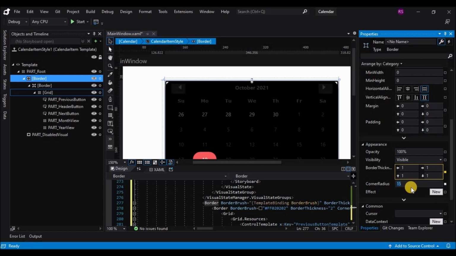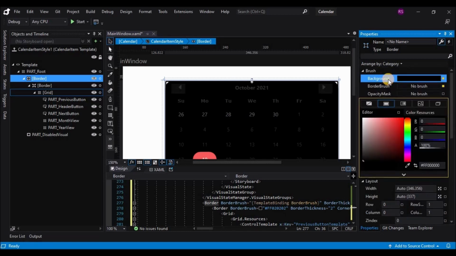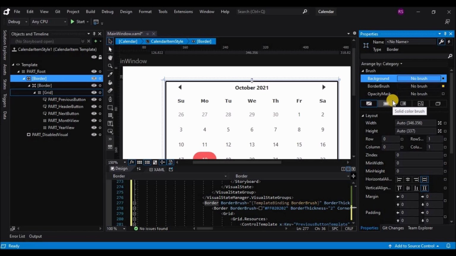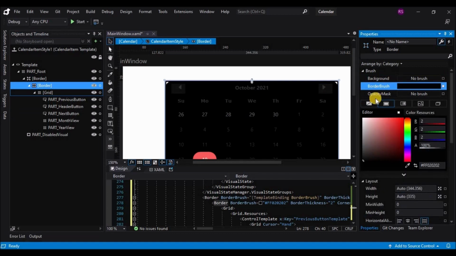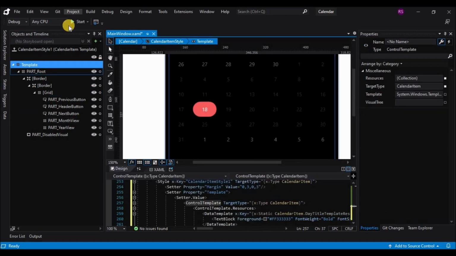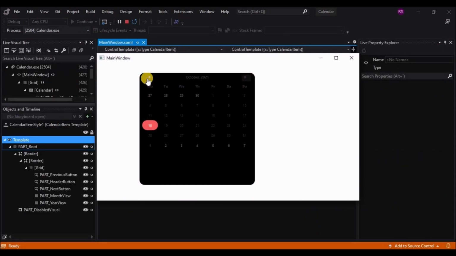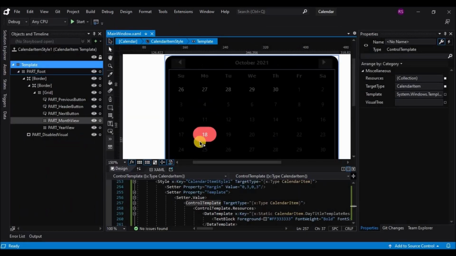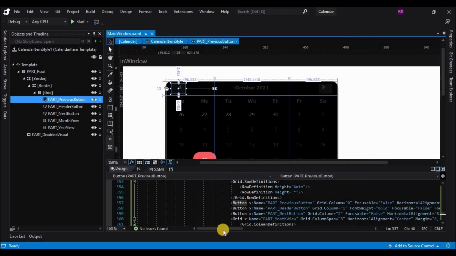Okay, so you can see that we have a corner radius, but we also see that there is a rectangular border, another border. So for that, I think this thing doesn't work. We cannot change the border background color. We'll have to change the border brush for the second border. So the inner border, we'll have to change the background brush, and once you do that, it has disappeared. Now we'll focus on the previous button.